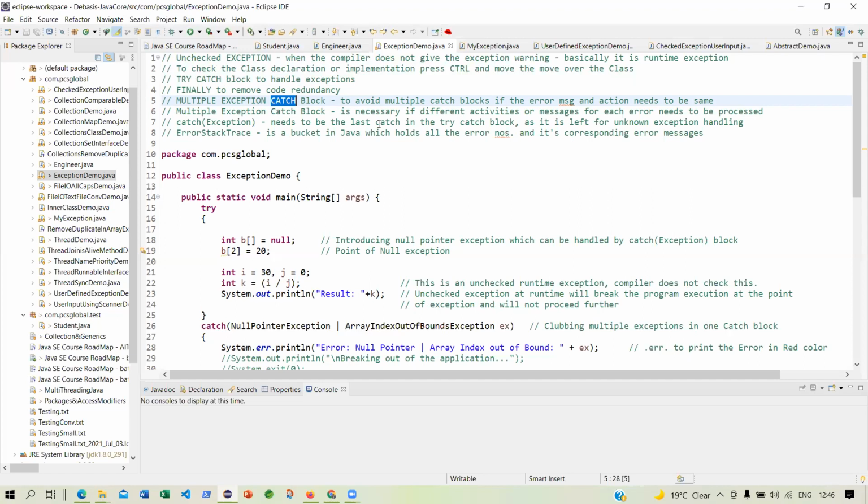So there is an input output, because there is an input to the memory and output to the disk. So there is IO between the memory and the hard disk. Or even if you are passing something to the network and receiving something from the network, that is a network error as well. So there can be an IO error as well as a network error. All of these are multiple exceptions that you can handle in the catch block.